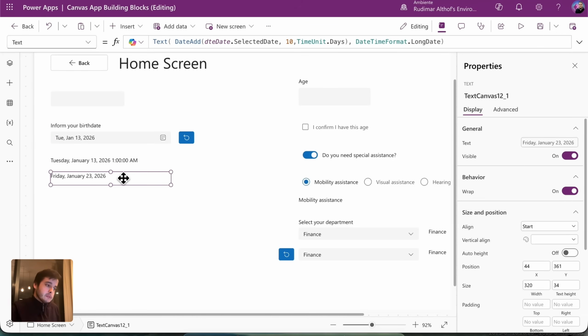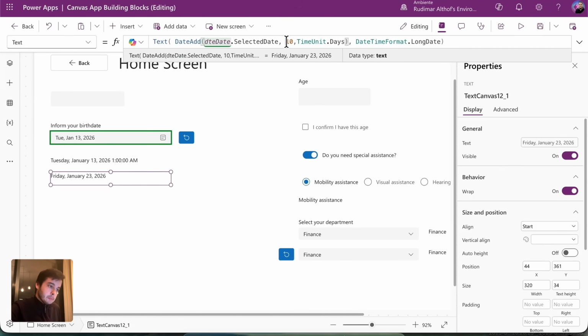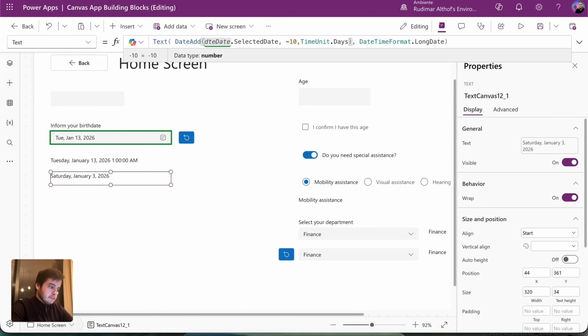If I wanted to subtract 10 days, then I would put -10, for example, -10 days. Then it's the 3rd of January. If I want to subtract 10 years, I just use TimeUnit.Years. So 10 years ago was 2016. You got the point, right? Let's put days again. Okay, now